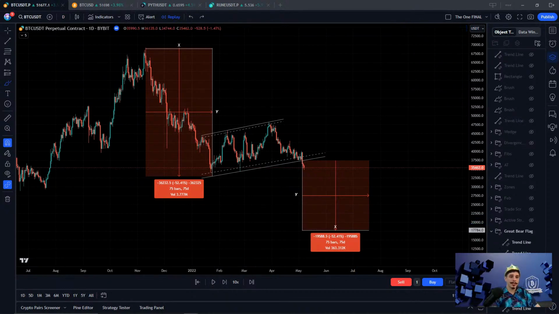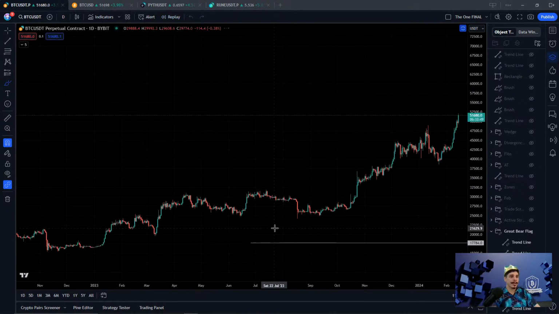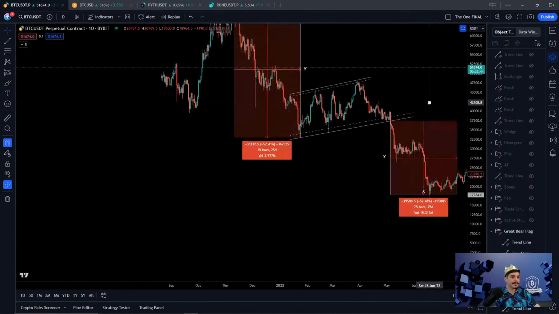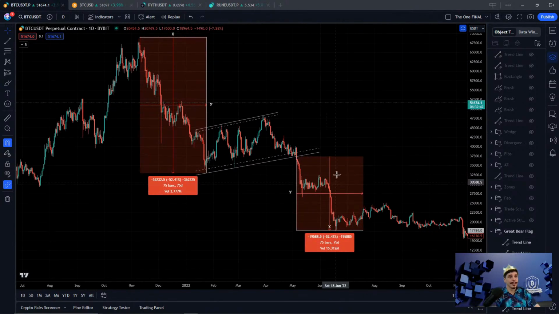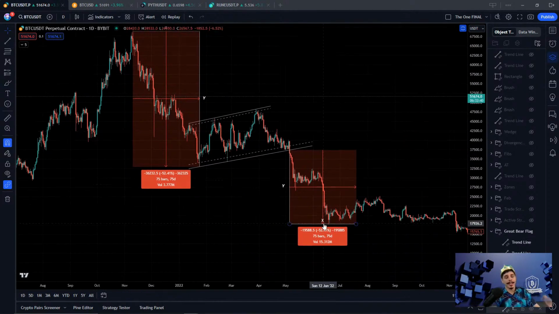And then I'll just go ahead and exit out of this. I'm not going to go candle by candle because I don't know how long that's going to take. But I'll just go back over there and we'll see, it came to fruition. So we're looking at if price fills the percentage or if price fills the